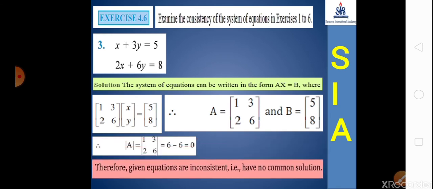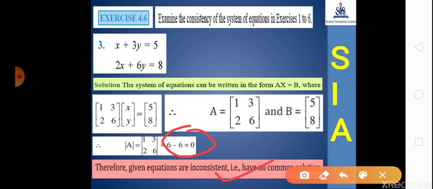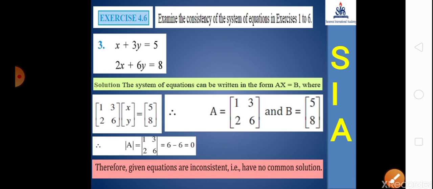And students, in the previous first question and second question there is no mistake. By mistake I said there was a mistake, but the first and second questions are already correct solutions; only their consistency is being asked, not the solution. So the third one also runs the same. In numericals 1 to 6, all are checking consistency or not. So look at this students, your answer is equal to 0. It means you write that they have no common solution. It means two lines do not intersect at a common point. That's why it is not consistent. Continue.